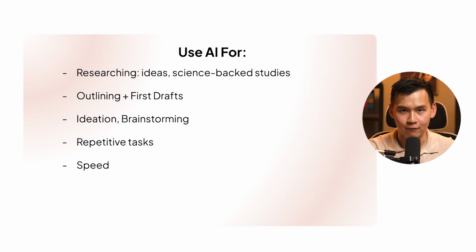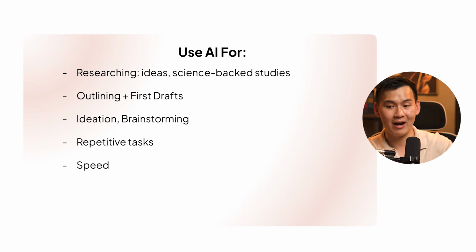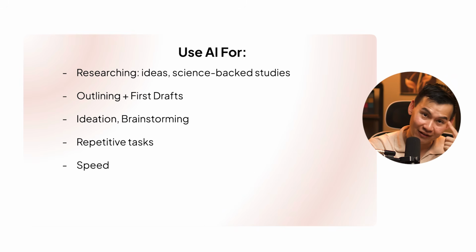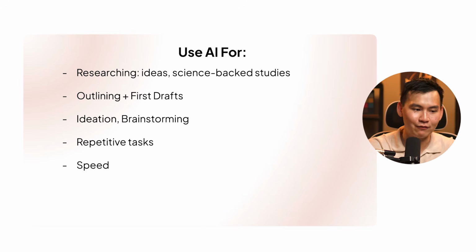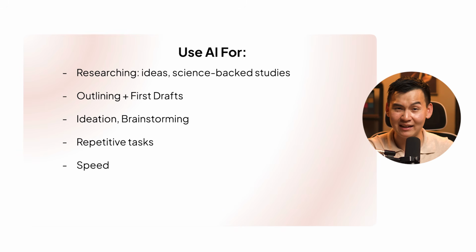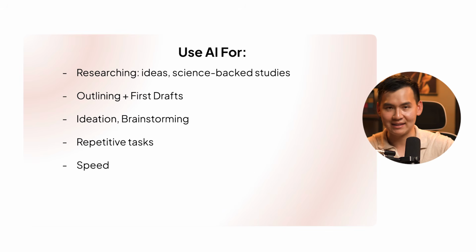Number 2, outlining and first drafts. So Claude, ChatGPT, or any of these tools are really great at outlining or creating the first draft so that it creates your entire skeleton and you can give it the direction from there. But if you just generate a first draft and then you're like, hey, create a full script for me, and you don't give it any direction other than that, then the full script won't actually be very good. So you also want to think about, once I outline the entire script with AI, how can I turn it into a full script?